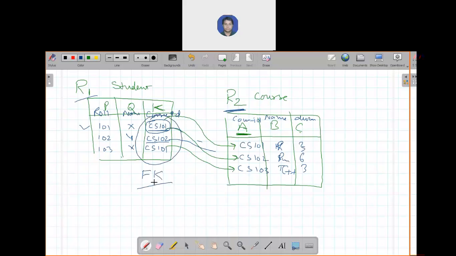It is a foreign key referencing an attribute of another relation, R2, and the attribute being referred to is attribute A. When you refer to any attribute, that must be the primary key of that relation. Here, attribute A is the primary key for relation R2. Is it clear to all of you?